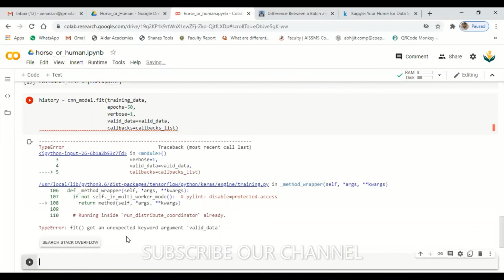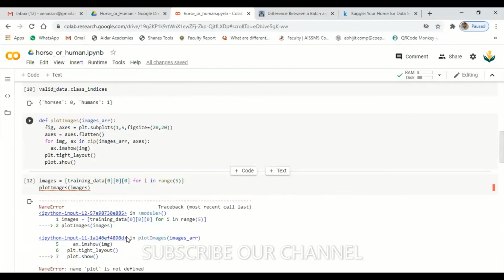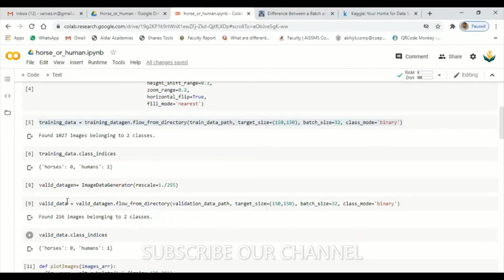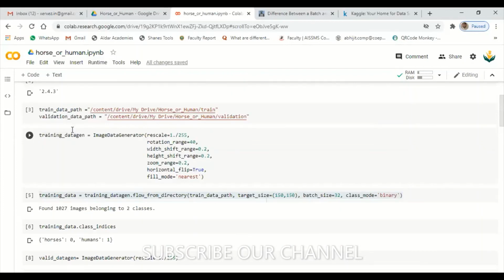No. Field got unexpected valid data. Okay, what is that valid data? Validation data. What have I given there, validation data or valid data gen? That should be training gen path, validation data path. Hold on, participants.